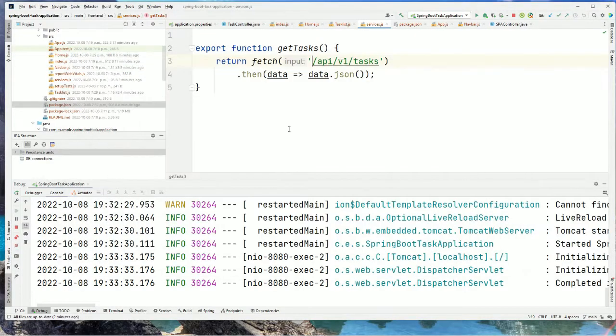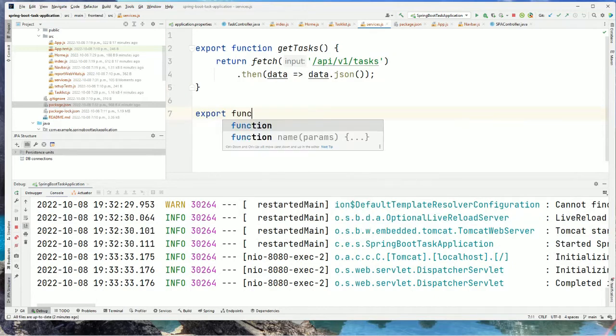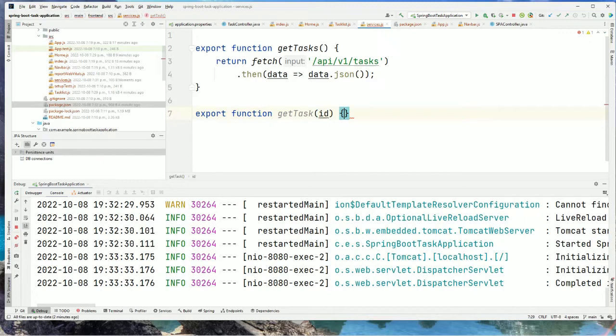So let's go back into our app here. And while we're in the services, let's just create a getTask function here. So it's a similar type of style. We're going to call it getTask, and we'll be passing in an ID. And then what we want to return is a fetch,